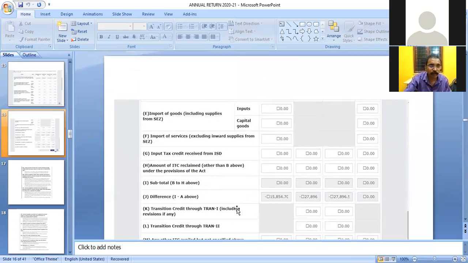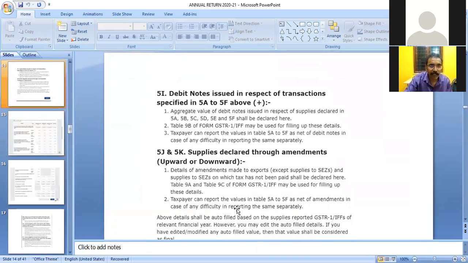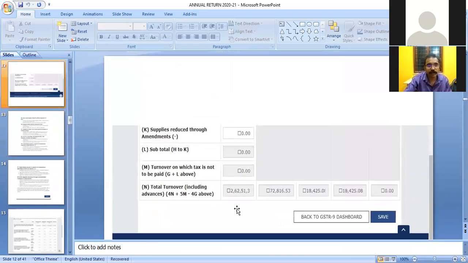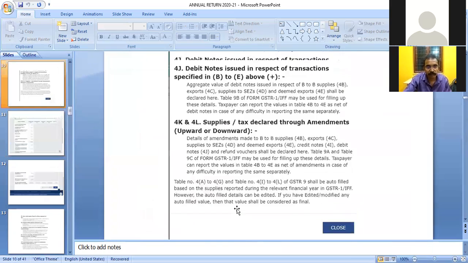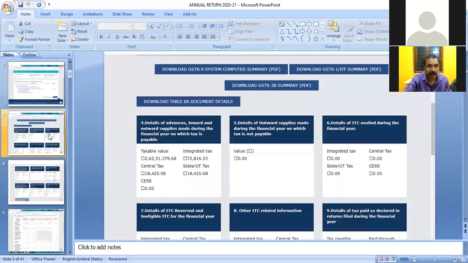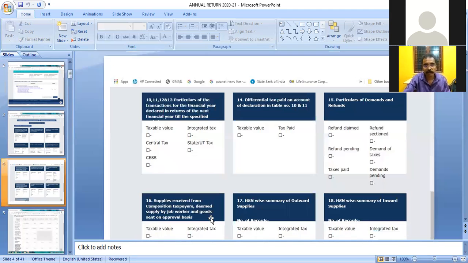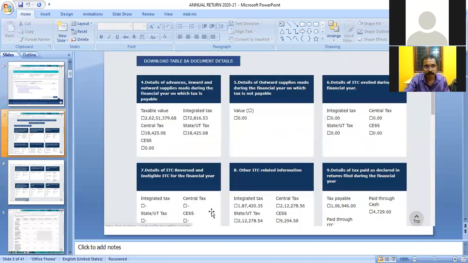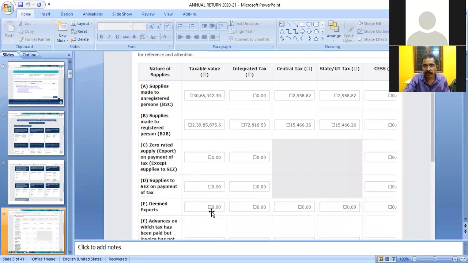These are above table 6, and next comes table 7. Table 7B, ITC reversed and ineligible ITC for the financial year. Table 7.